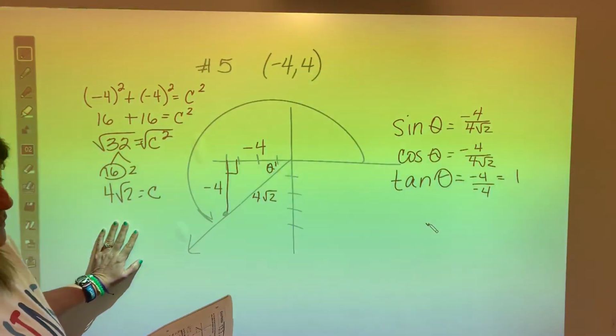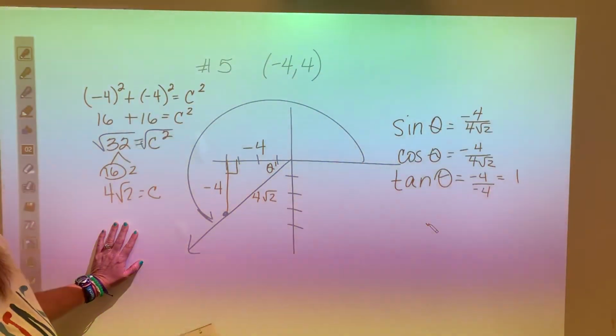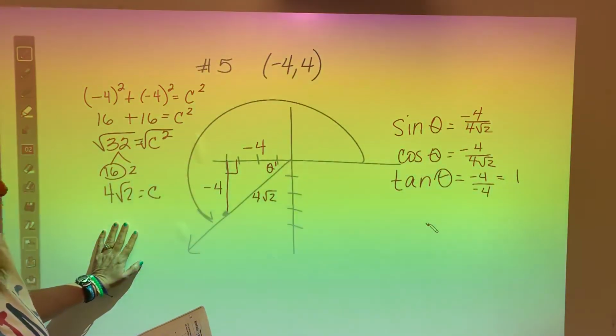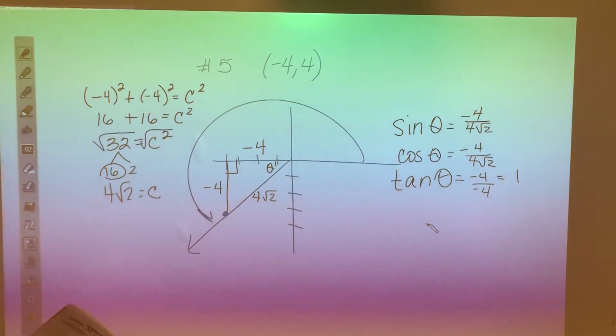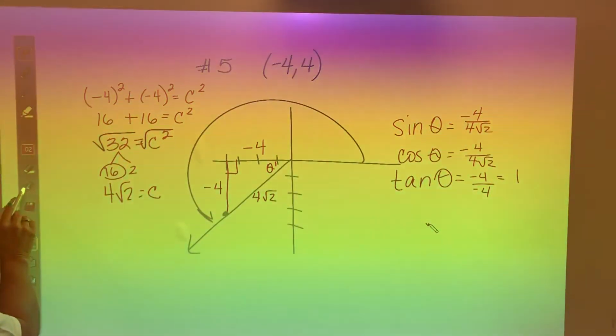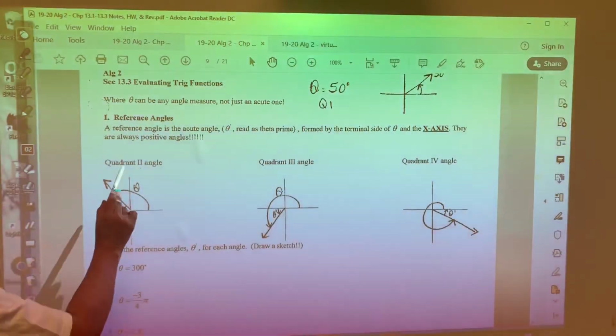Some of your problems on your homework may be given to you in a radian measure. And if that's the case, the first thing I would do would be to convert it to a degree. So your homework for tonight